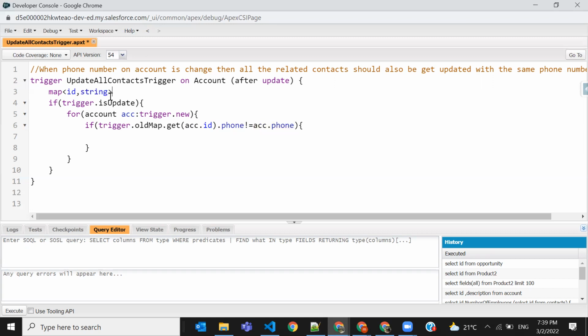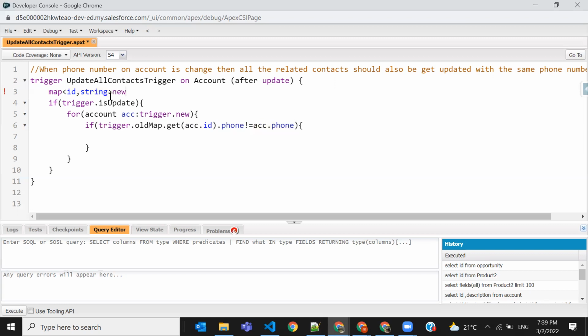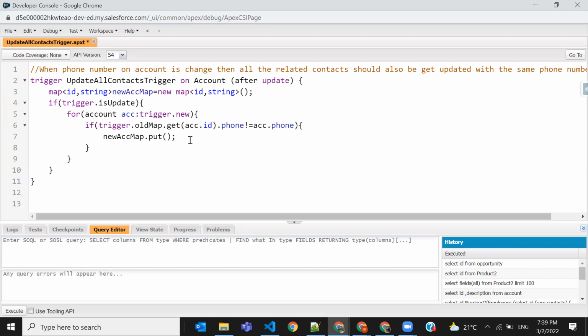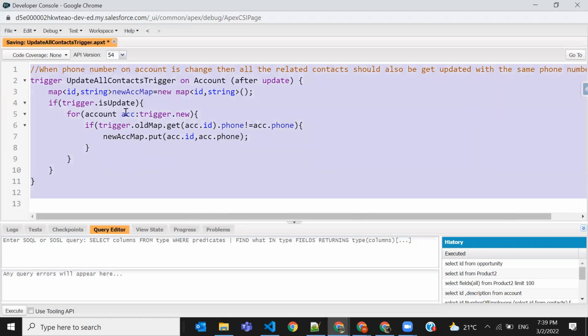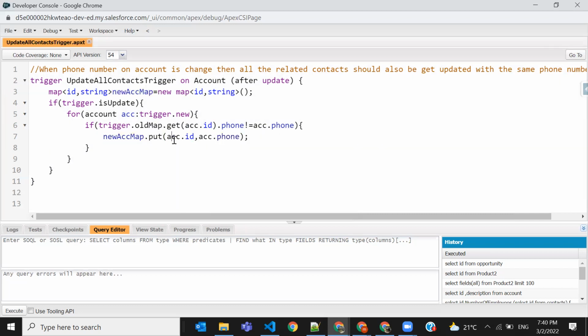with ID and String. It doesn't mean that a map only has ID and String only, it can have anything. New ACC map equal to new map of ID and string. Okay, so I'm going to put my acc.id and acc.phone. Now why have I done this, why have I used a map? Because going forward, when I bring the contacts,